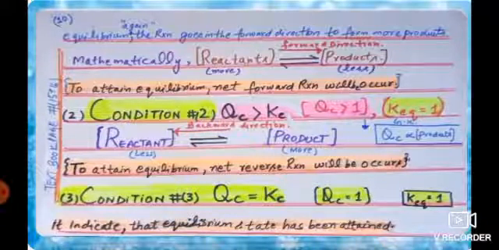Like if the QC has a direct relation with the product, it means that the products are present in large amount while the reactants are present in small amount. So for maintaining the equilibrium condition, where will the reaction go next? To attain equilibrium, the net reverse reaction will occur as shown by the red arrow, that is, the reaction will occur in the backward direction to get more reactants to make them in balance with the product concentration, as the product concentrations are greater here and the reactant concentrations are less. So when the products decompose and more reactants form, they become balanced.